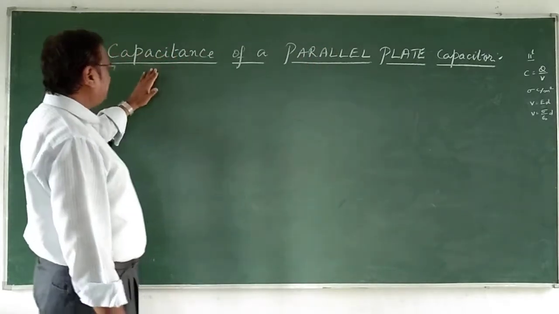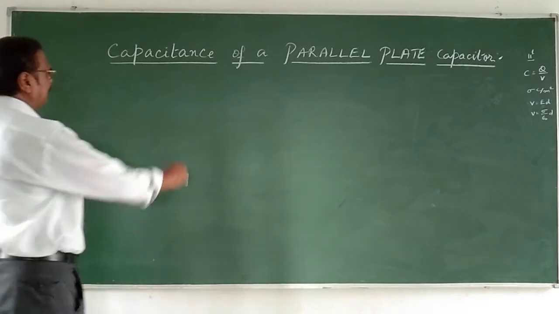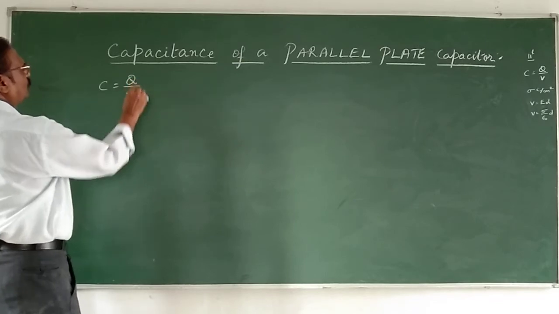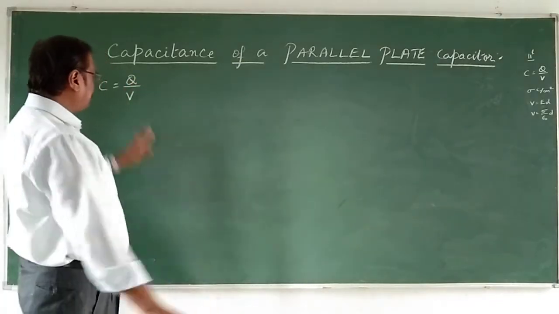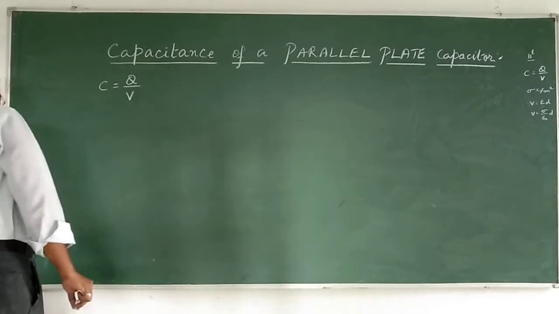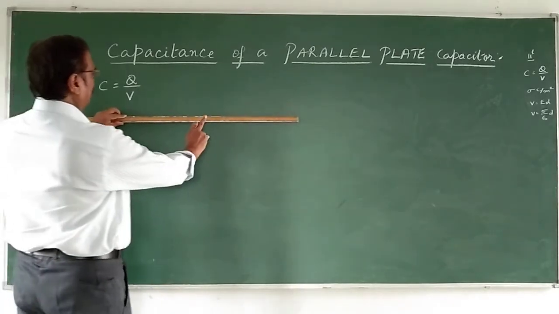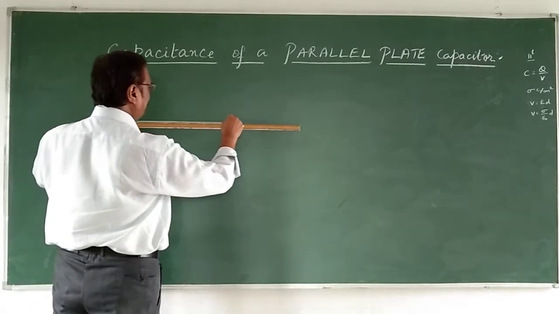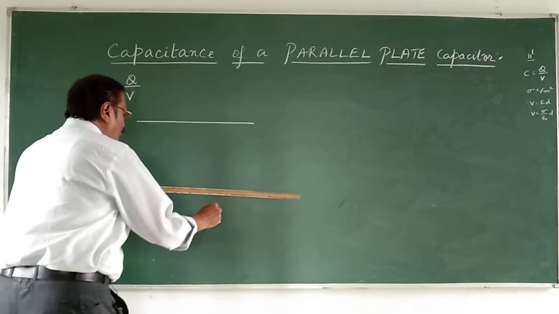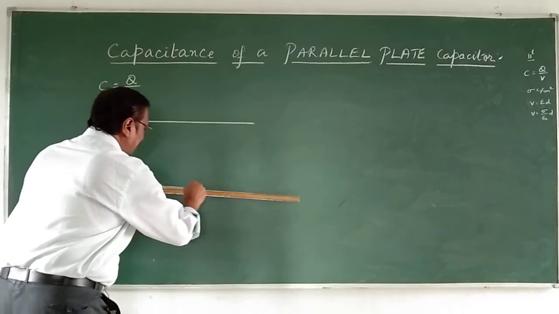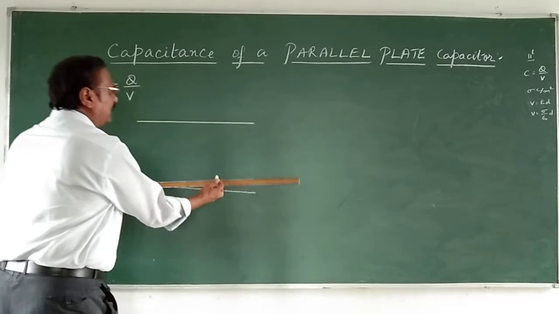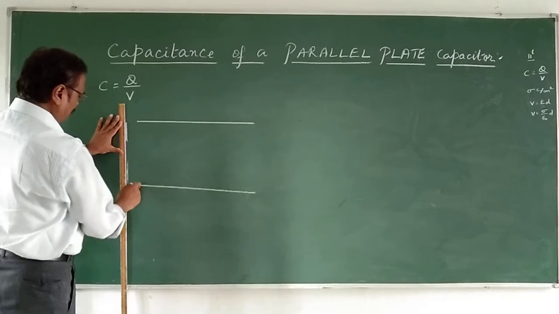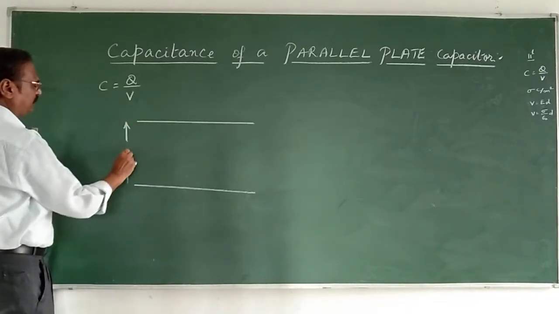Now, capacitance, in the previous video, we said that capacitance is the charge stored with respect to the potential difference. This is the main common formula. Now, I am going to take a specific case of a parallel plate capacitor. A parallel plate capacitor has two parallel plates, the word itself suggests, and they are separated by a small distance d between them.